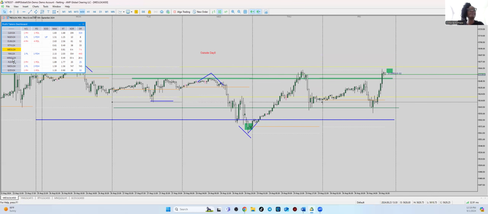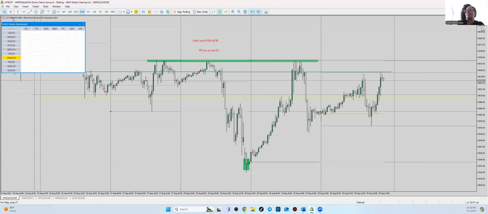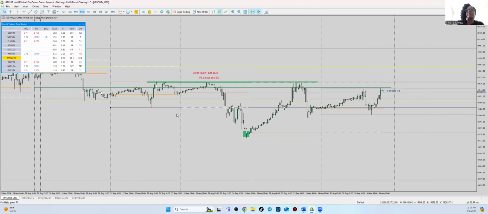And again, the ES and the NQ are very similar. It can do the same thing. This one did not trigger any levels. Now we're looking at NQ. It didn't trigger any levels on Friday, so we have an inside day. So it could do